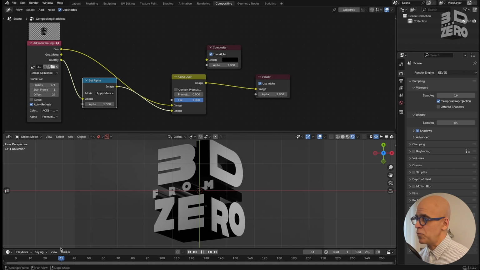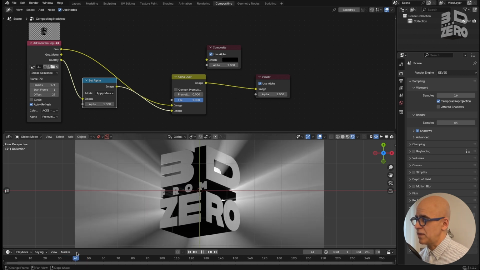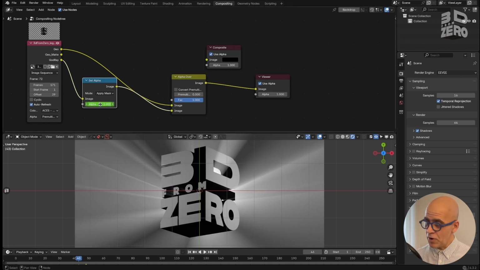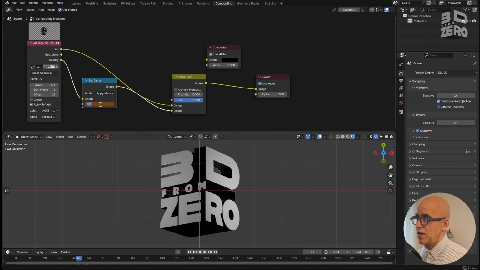So I'll scrub to the point where they click together, switch it on maybe over 5 frames. So I'll move 5 frames forward and set a keyframe on the alpha value in the set alpha node. And now if I go 5 frames back and set the alpha to 0 and set another keyframe,